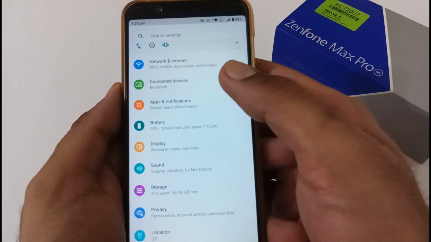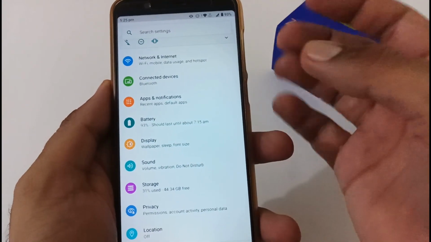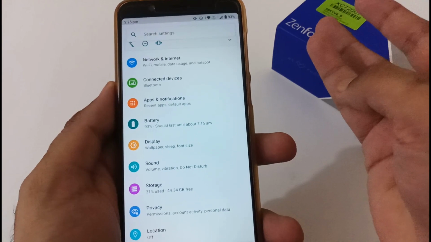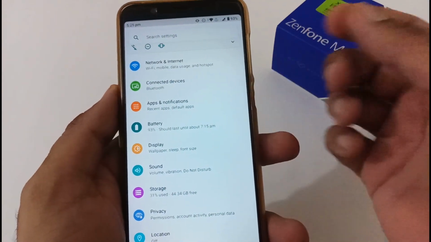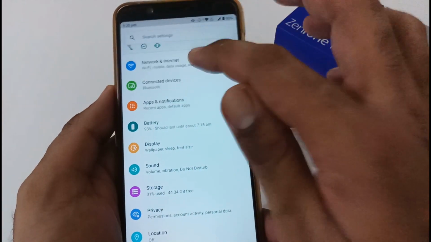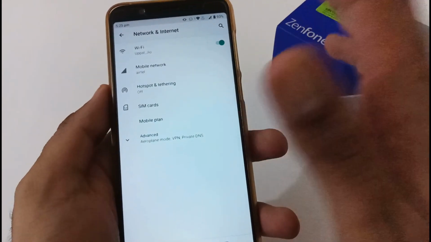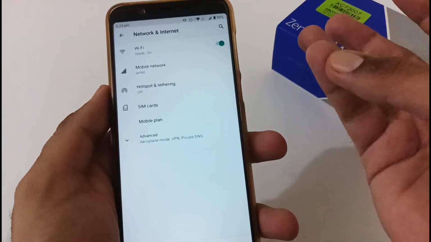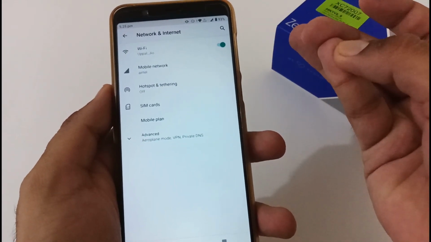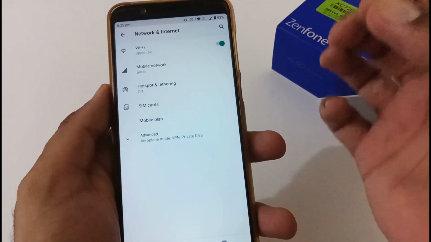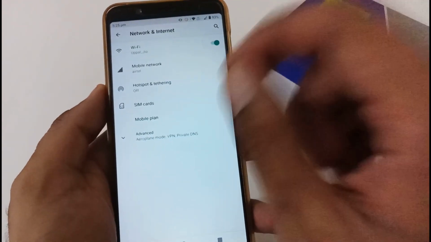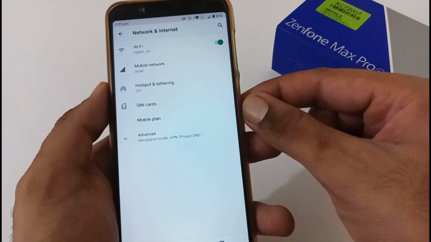I'm again going to skip it, or I would say do it faster. Again, Bluetooth and screencasting are working absolutely fine, like we had in the original stock ROM version. Now let's focus on the network and internet. Although everything is working the same way, and there is no option available for native video call or call recorder, there is good news for the Airtel users: Wi-Fi calling is available on this particular pre-decrypted ROM.